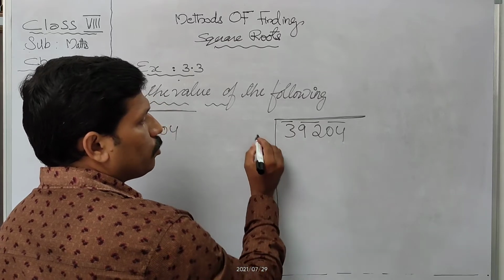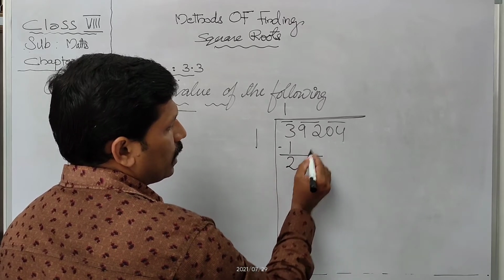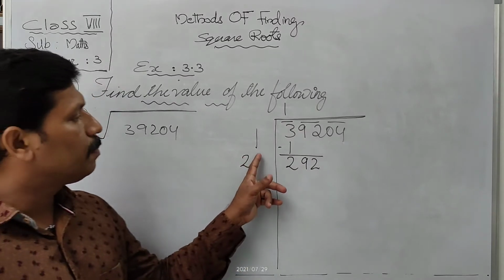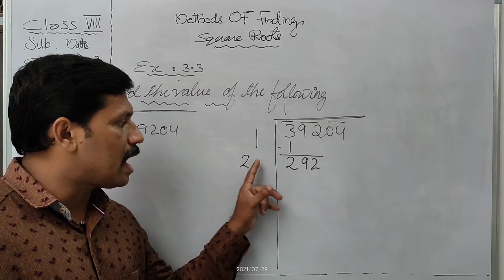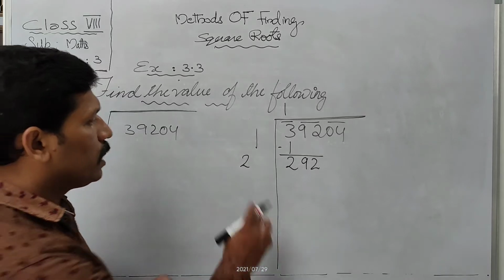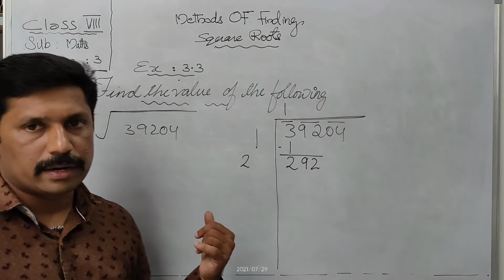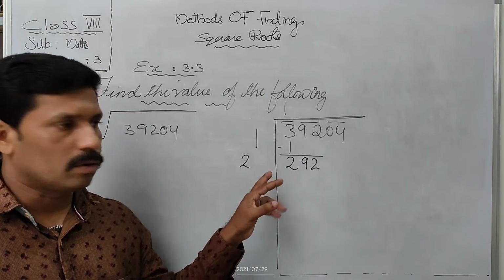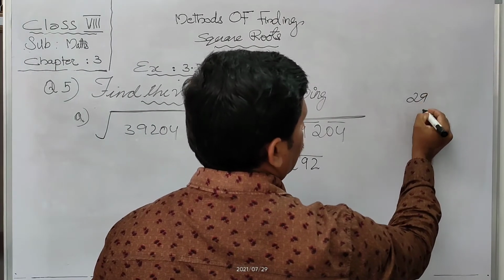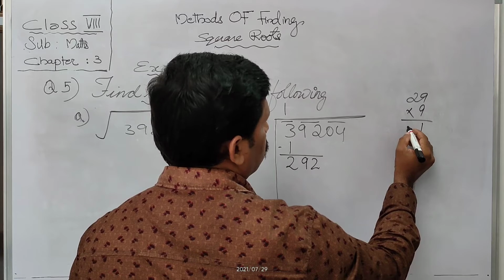3, which is the perfect square less than 3? 1. That one we write here. 1 one is 1 and subtract, then 2. Then the next group 90, 290. So double of this 1 is 2. When we write a digit here, and by that digit we multiply this number, then we should get less than or equal to this number. You know that it is 10 times, so you can see that it is 200. But 10 we cannot, since 10 is 2 digits, so only 1 digit we can write here. So maximum it is about 9. 29 into 9, we multiply. 9 9s are 81. 9 2s are 18 plus 8, 26.